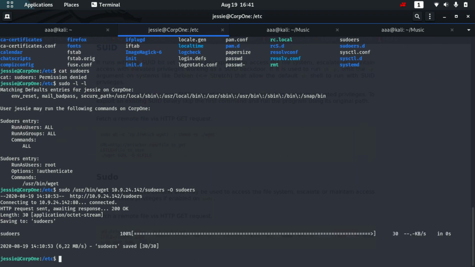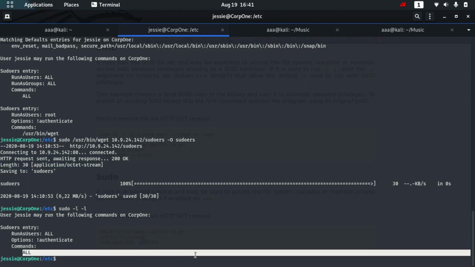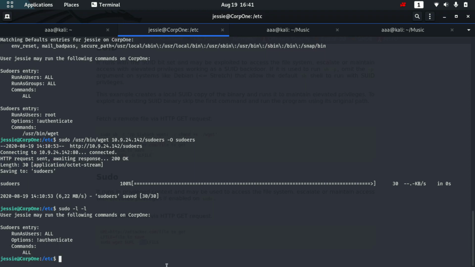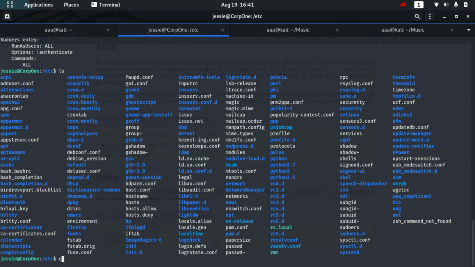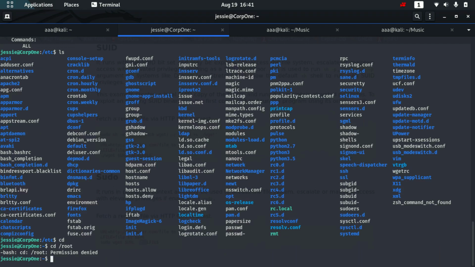And again, let's do sudo -l, and the commands I can run is ALL. I can run all commands now, which is nice. So I will go to cd root, permission, right. Okay, so I am not root yet.